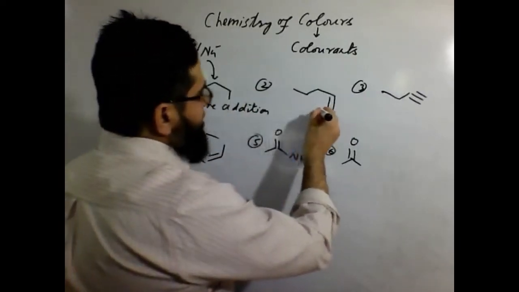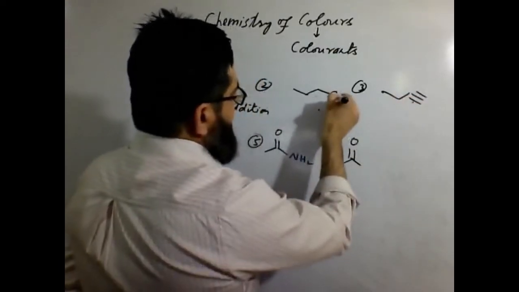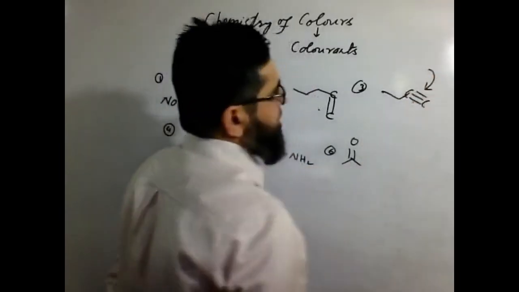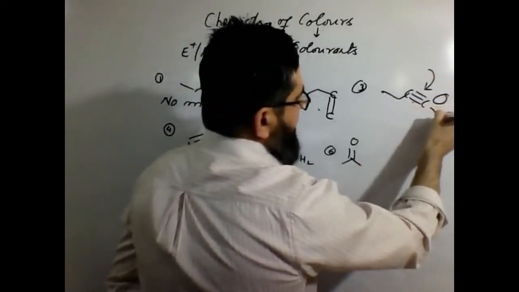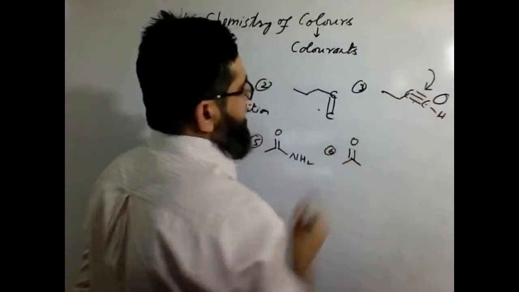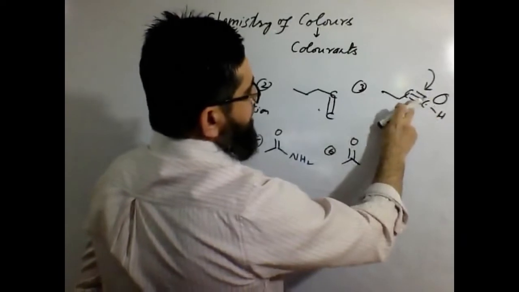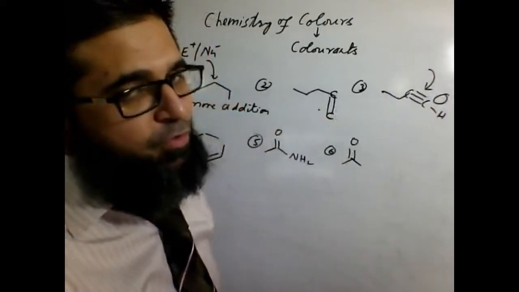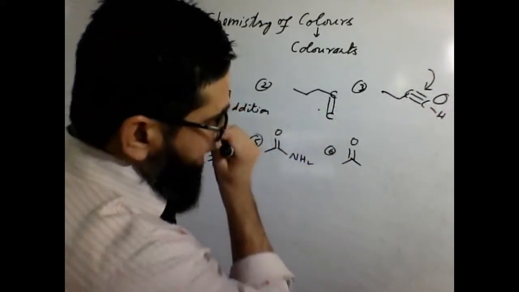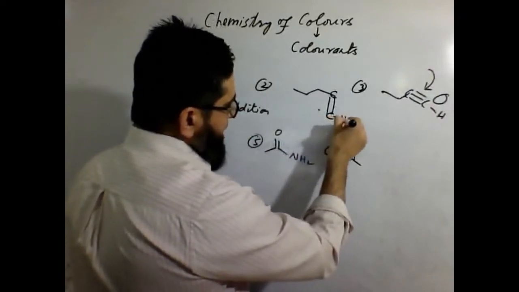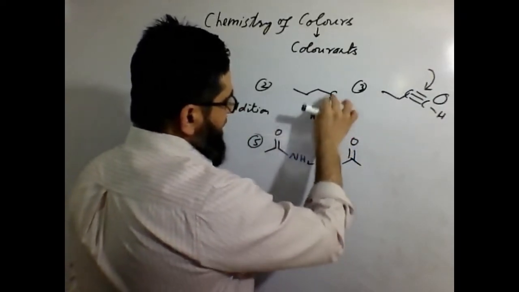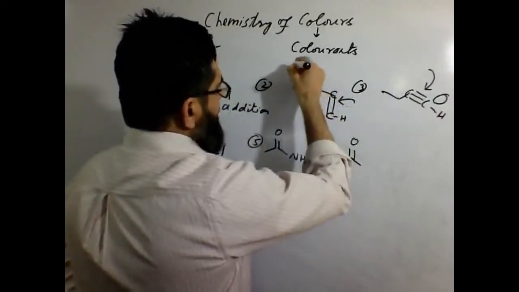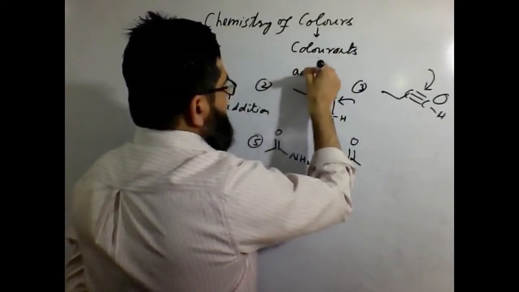In case of molecule number 2 and molecule number 3, there is a double bond between carbon and carbon. Means somebody can come in to make a bond over here, because it has one bond with the hydrogens and one bond with the carbon. So it is generally expected to show 4 bonds. At the moment it has 2 bonds. So 2 more can be built up, it can take 2 new entities. Similarly, this body has 2 hydrogens around and 2 carbon bonds with the carbon, so somebody can get in to make additions, so it can undergo additions.